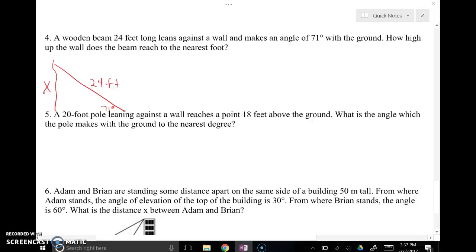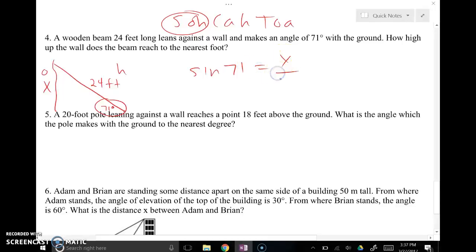Relative to this angle here, this would be my opposite, this would be my hypotenuse, so according to SOHCAHTOA, that's going to be sine. So the sine of the angle that I know, 71, is the opposite leg over the hypotenuse, and I can go ahead and turn this into a proportion. Cross multiply: 24 times the sine of 71 is 1 times x, or x. So I type that into my calculator, and I get